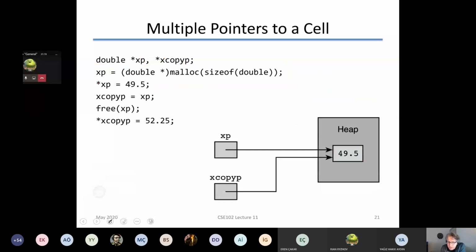Now here I'm doing another thing. I'm saying, let's take this xp, which is an address, FFCC1100, and copy that address into the other pointer variable, xcopyp. Can I do that? Yes, because they are both the same type of pointer. They are double pointers. All right, good. Then, forget about the last 2 lines, if I say, for example, star xcopyp equals 11.0,